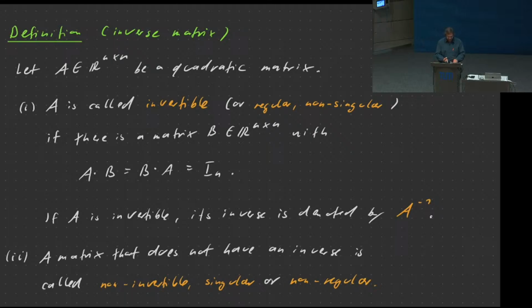We just say a matrix A is called invertible if it satisfies both of these equations: A times B equals In and B times A equals In. And this matrix B is then called the inverse and usually denoted in the same way as with real numbers, by A to the minus 1. We usually don't write something like 1 over A. Never do that, please. We'll always write A to the minus 1.